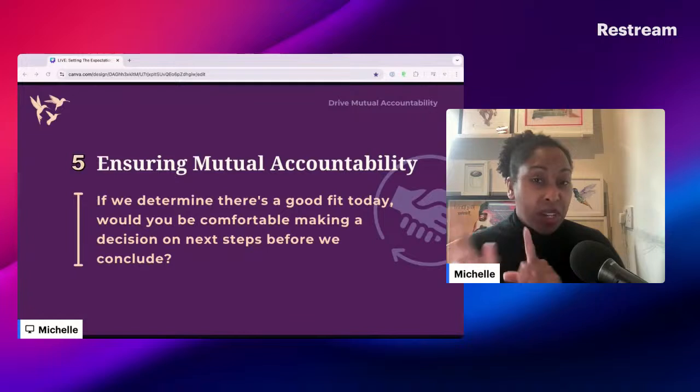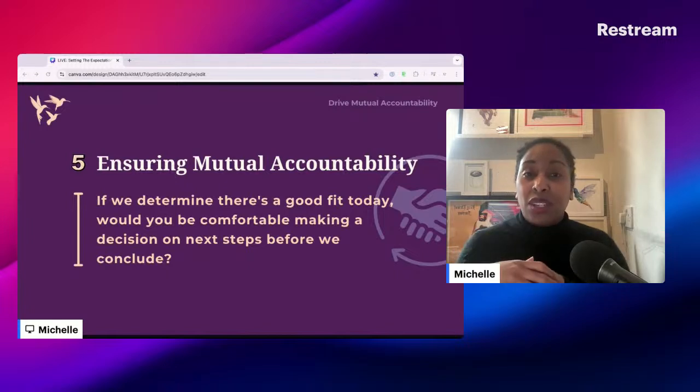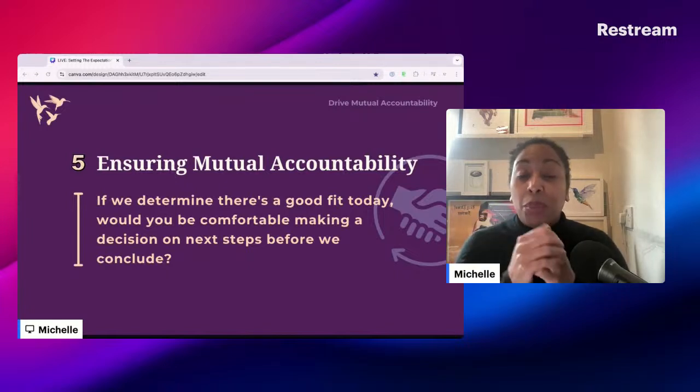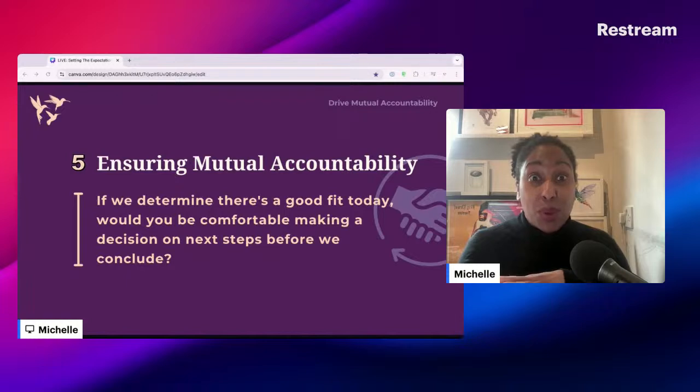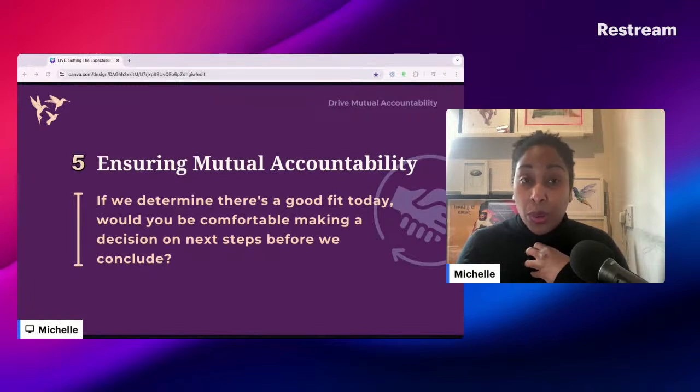And again, the wording here is next steps, so you might want to swap that out for, would you be comfortable moving forward to a demo or upgrading to the right plan before we conclude? So again, be as specific as possible in the commitment that you're asking for. Be clear about what you're going to do and your own commitments, and then document these